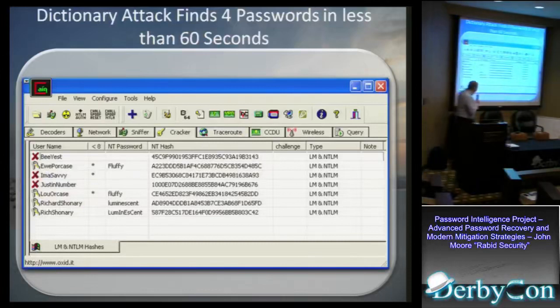I find 4 right out of the gates. All right, now look at some of these. Some of these are hard. Luminescent is not a small word, but it's in the dictionary, so it gets spanked. It's gone, okay? So now I have 4 ways to get into this network, not just one. So if I screw up something with escalation privileges on the first guy, don't worry, I got 3 more tries,